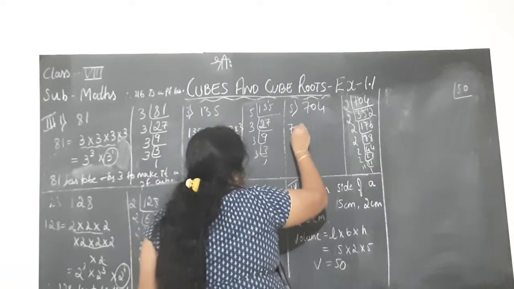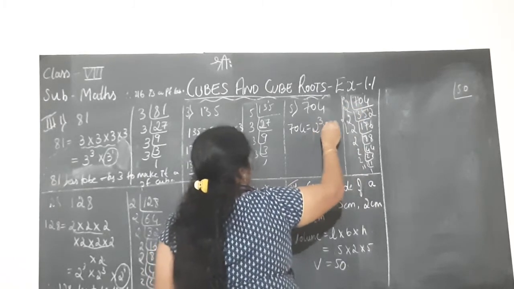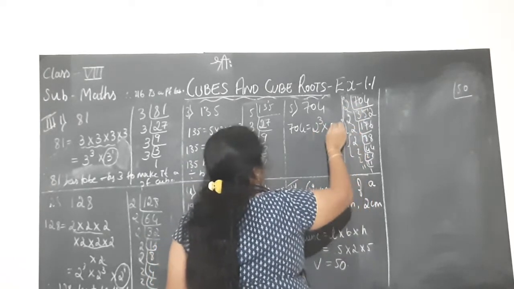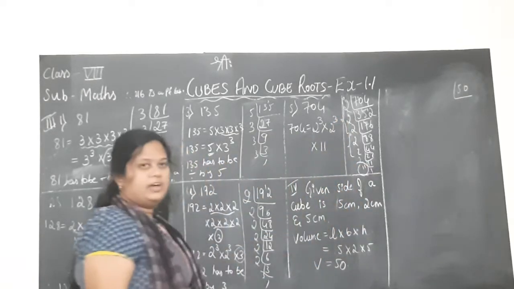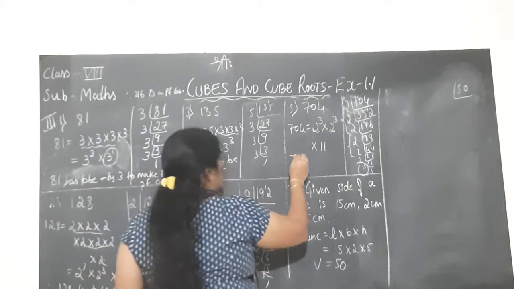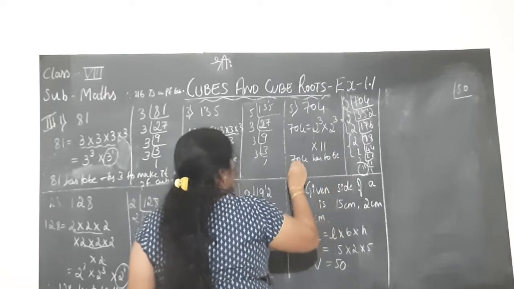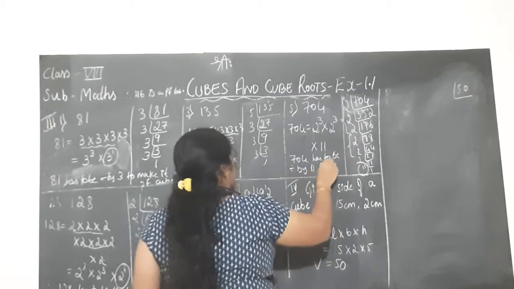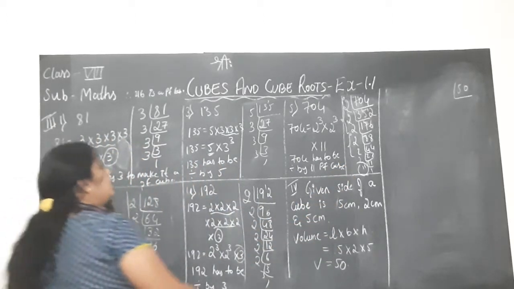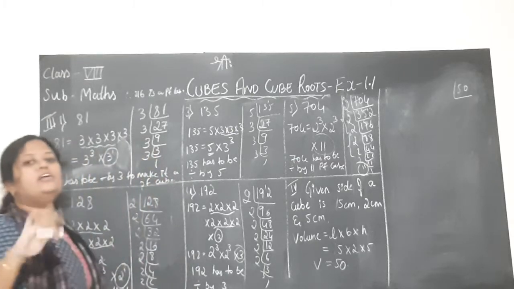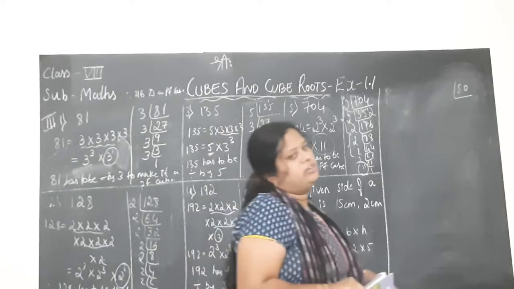So can I directly write, children? See, here 3 2s pair, so 2 cube came, into again 3 2s, 2 cube, so it became a cube. We are left with only number 11. So 704 has to be divided by 11 to make it a perfect cube. So whatever number we are getting single and not in a pair, that is not in a cube, that number has to be divided, children. That's all.